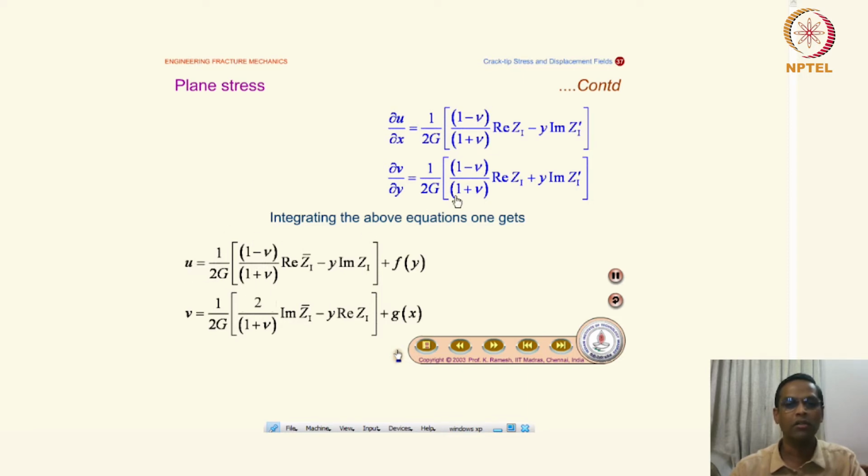Now this is an elastic constant which remains the same, but after integration the real part of Z1 becomes Z1 bar, and then minus y imaginary part of Z1, because it was Z1 prime earlier, but now it becomes Z1, plus f function of y. This is an integration constant. Similarly, the v displacement is given by 1 by 2G into 2 by (1 plus nu) imaginary part of Z1 bar minus y real part of Z1 plus g as a function of x, which is an integration constant,